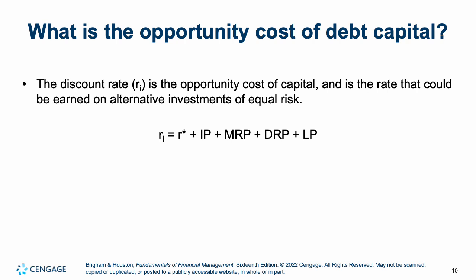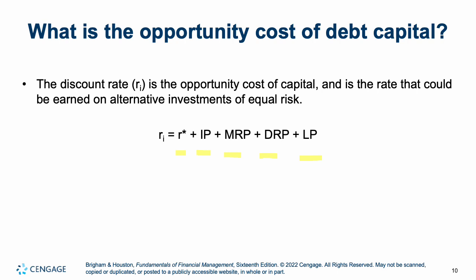What's the opportunity cost of debt capital? The discount rate is the opportunity cost of capital, and it is the rate that could be earned on alternate investments of equal risk. So what is this? This is the risk-free rate plus the inflation premium plus the market risk premium, default risk premium, and liquidity premium. So all of these get added in, and that allows us to determine